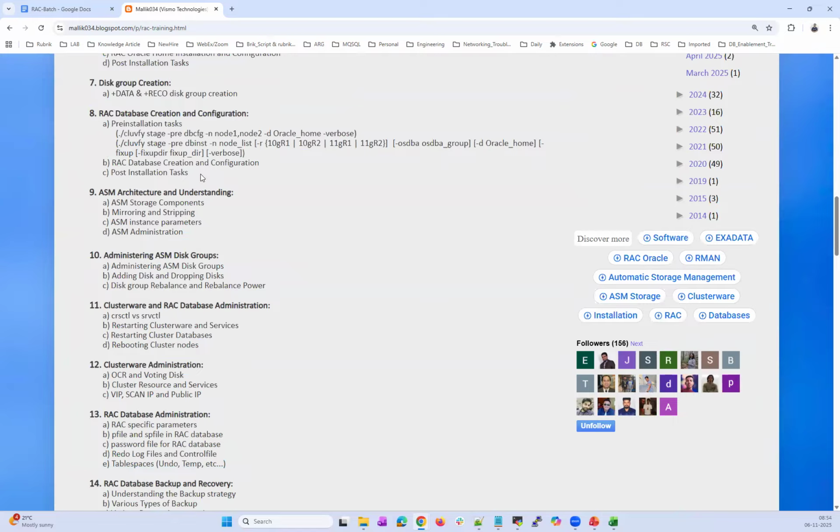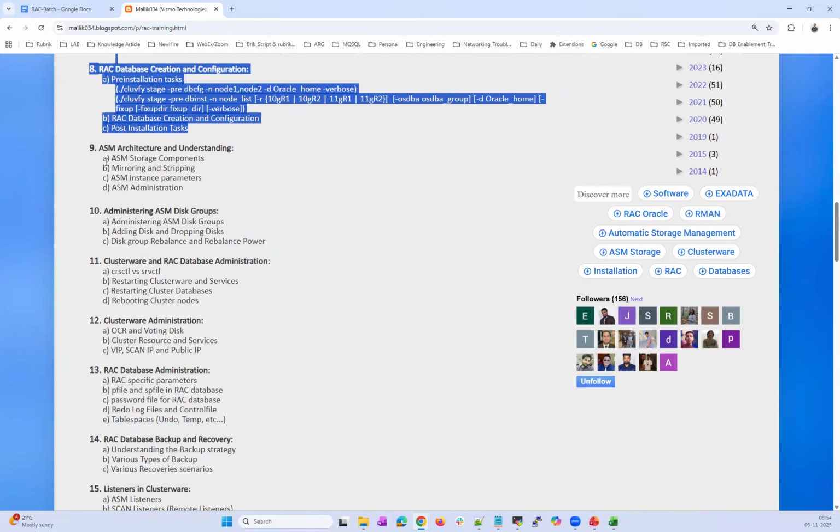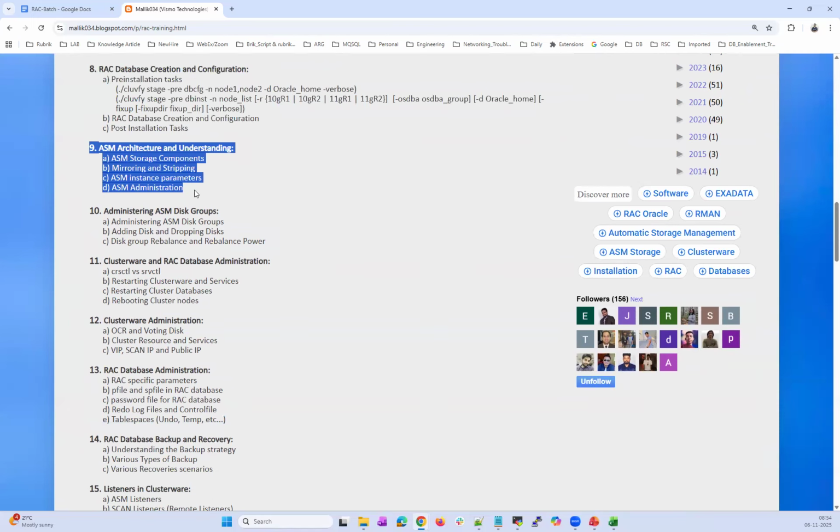So once that cluster setup is done, then we'll start with understanding ASM architecture, ASM disk group, ASM storage, ASM mirroring, ASM striping, and ASM instance administration, ASM storage administration, creating a new disk and adding it into the disk group, expanding your ASM storage or ASM disk group. And if your ASM disk group is full, what will you do? If your ASM disks are unhealthy or have poor performance, what will you do? If your disk is dropped, what will you do?